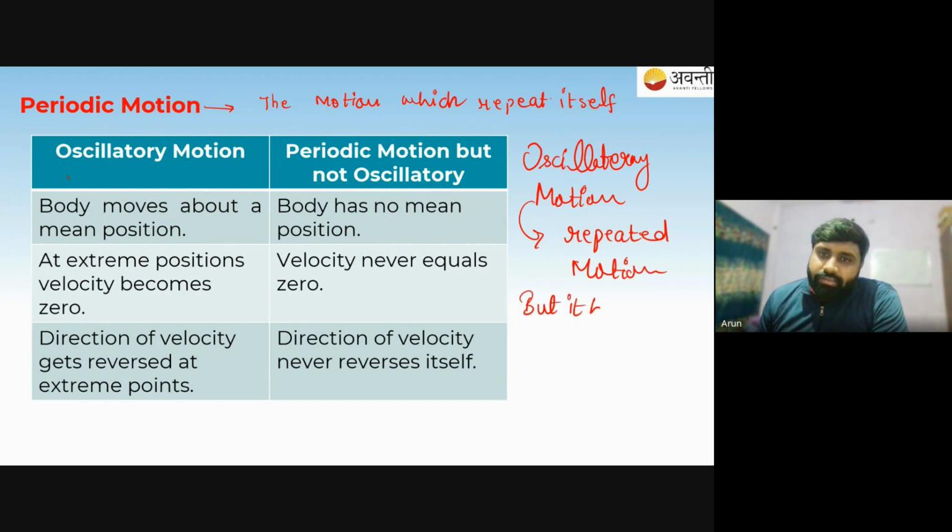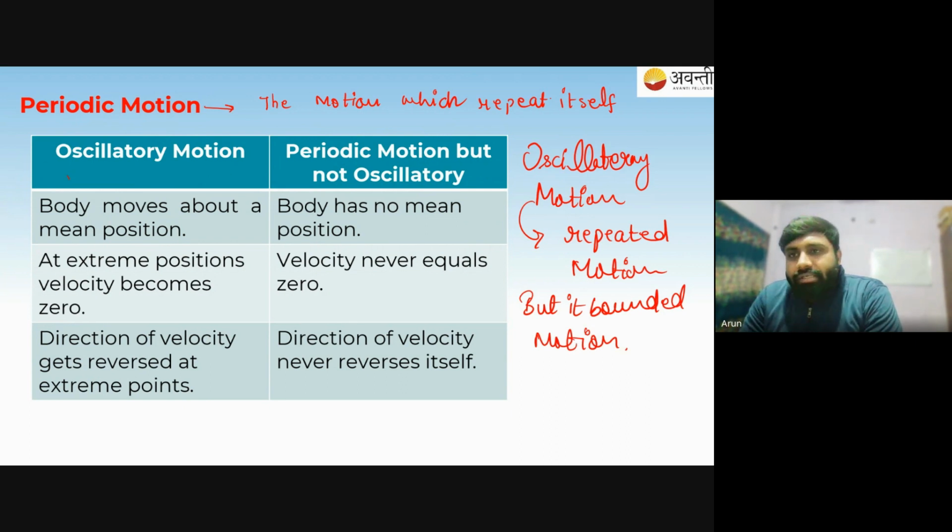It is bounded motion, which means the motion is repeating itself, but about a point. And that particular point is termed as the mean position of that particular oscillatory motion. For example,